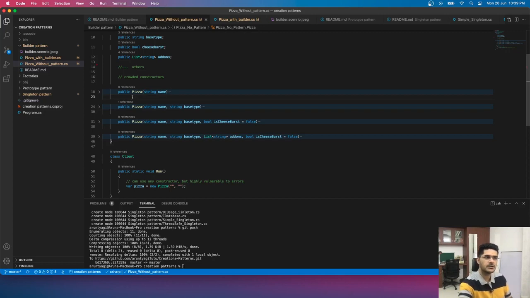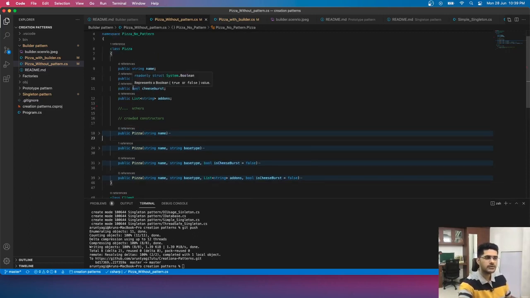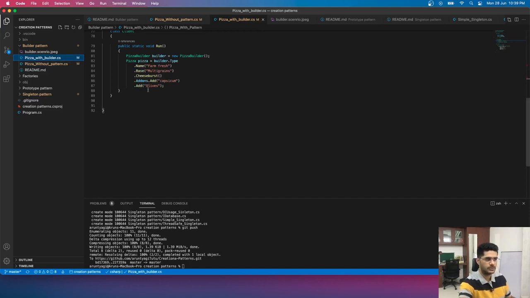So for simple class creation, this is okay, this is doing a good job. But for complex objects and complex constructors, this way is not effective for sure, right? That is where we need creational patterns which can overcome the limitations of a constructor. So now we are moving towards the builder pattern, to see how it can help us if we need to create something like this. Okay, so now we will go slowly into the builder pattern.